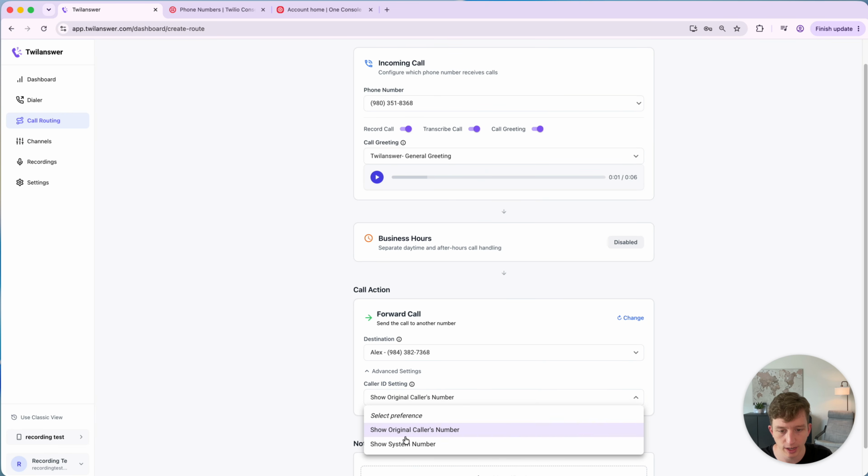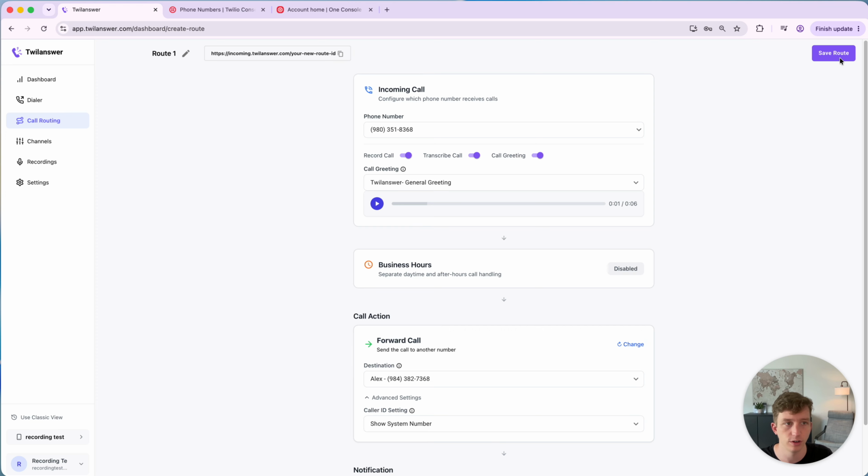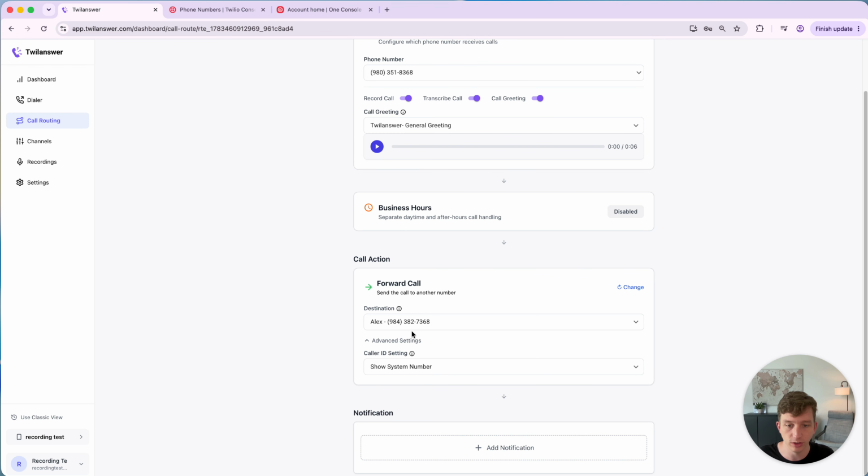All right, and that added the channel successfully. I will go ahead and update this to show the system number for caller ID, and then that should be it. Go ahead and save route, and we are all set up. Calls to this Twilio number will now be forwarded straight over to my cell phone, and they will be recorded